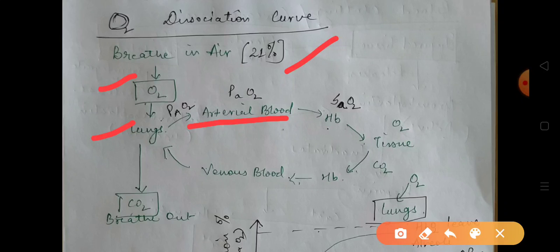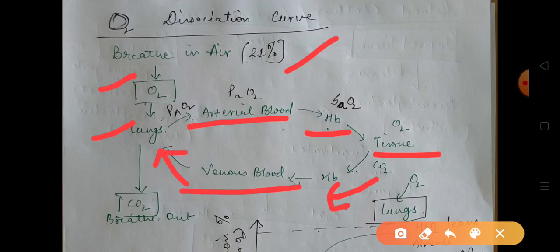The blood is carried by the arteries, and in the arteries hemoglobin carries the oxygen to the tissues, and in the tissues the diffusion of gases takes place because tissues contain carbon dioxide. So oxygen enters inside the tissues and carbon dioxide is released out of the tissue. Now this hemoglobin is carrying carbon dioxide, that means carbaminohemoglobin, and then it flows into the veins. So this blood is called venous blood, and this blood is brought to the lungs for oxygenation,